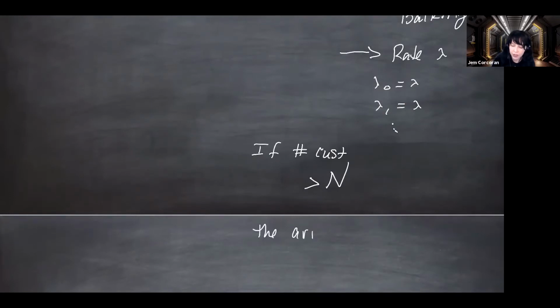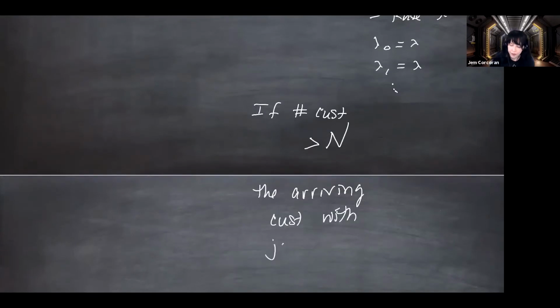The arriving customer will join the queue with probability p, otherwise leave. Now, this is a simpler case than what's going on in problem 1, because in problem 1, the probability that they join the system is system dependent. It's not constant, which is probably more realistic if they join a big line.